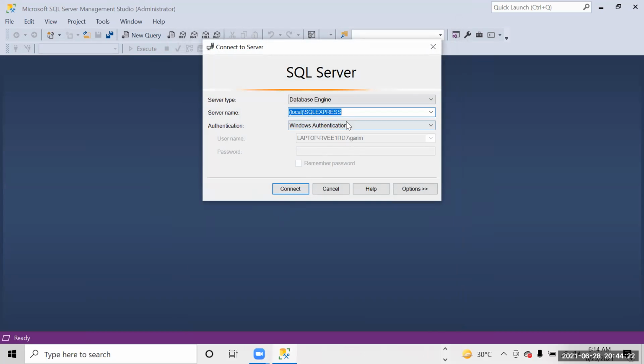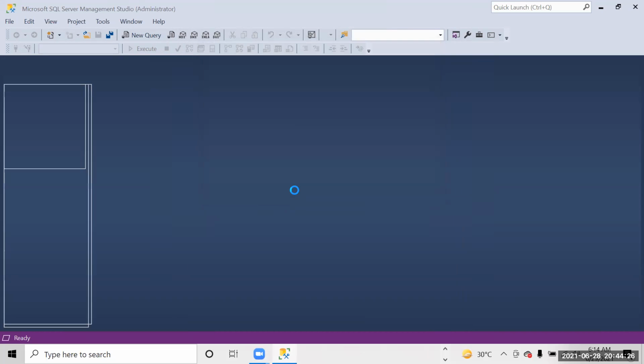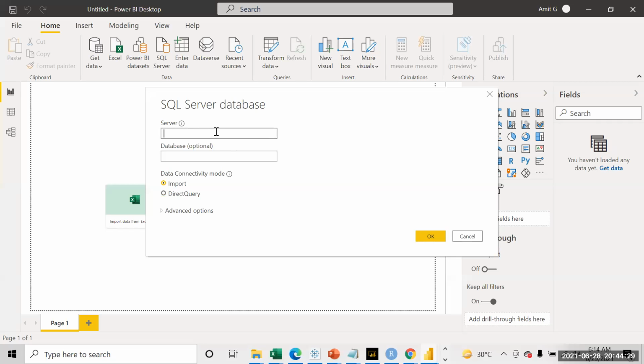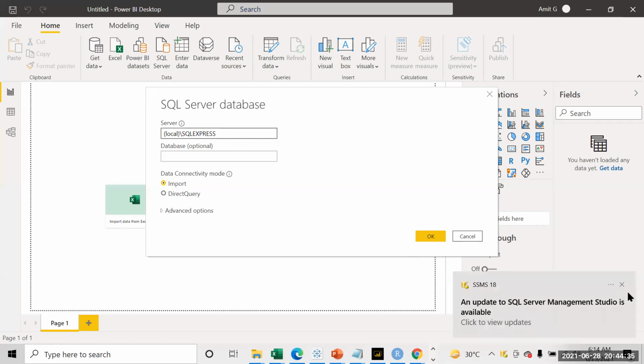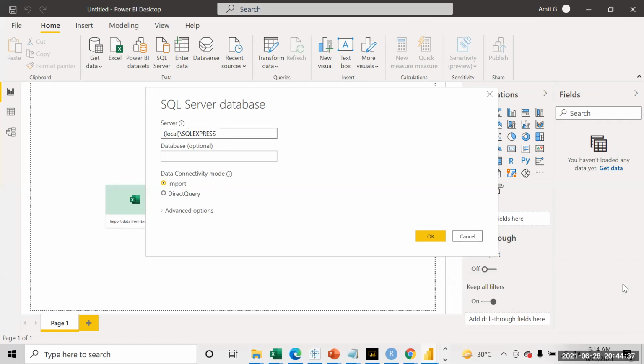We can use the SQL Server Express that we used to connect to the server. So we put that up over here. Just put that server address in as local backslash SQL Express, or you can write a dot also.